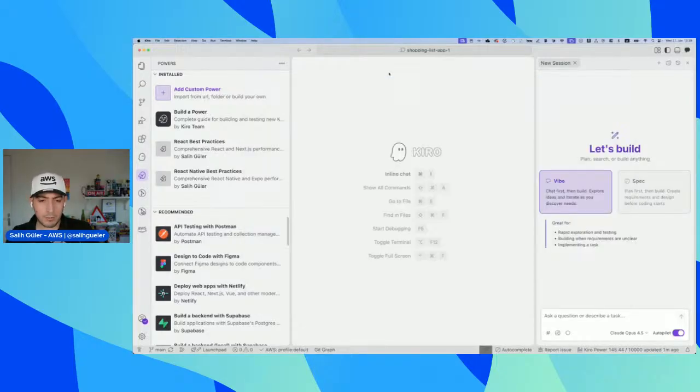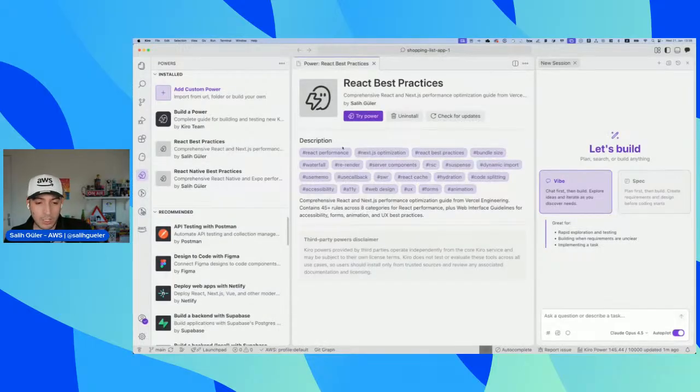All right, with everything in place, the next thing that we are going to do is to first showcase how this works. To see how this works, we have multiple ways. One of the ways is we have tags here. We have keywords. According to the keywords, the Kiro power will be triggered. And with the triggered Kiro power, you will be able to run the power directly and get the output that you're looking for. For example, I will say, check out this project for React best practices and create a list